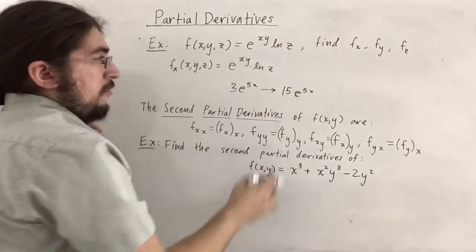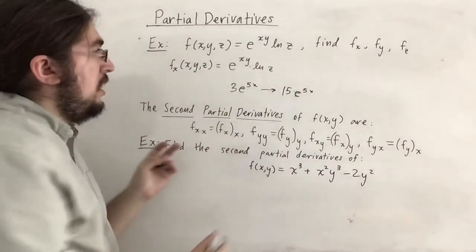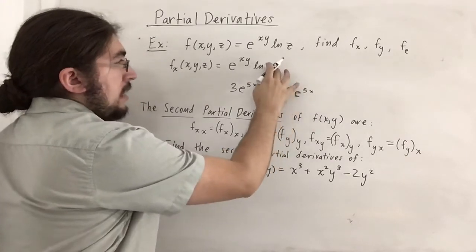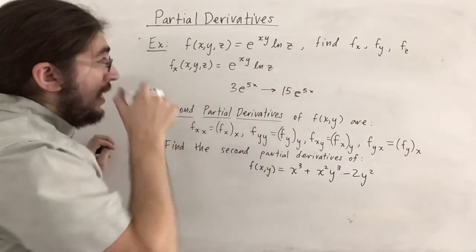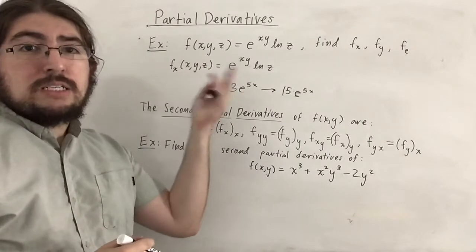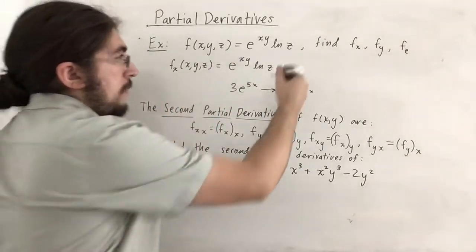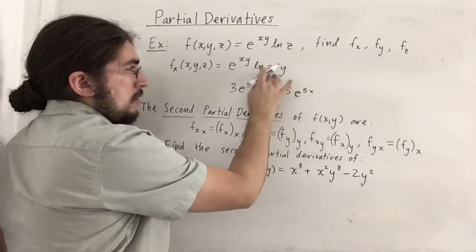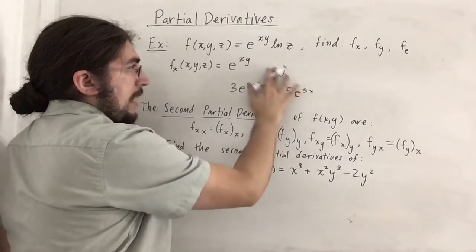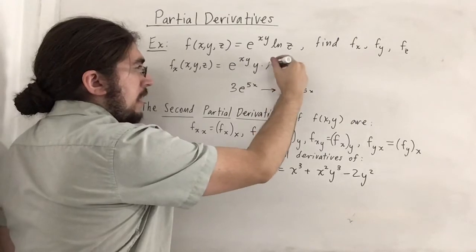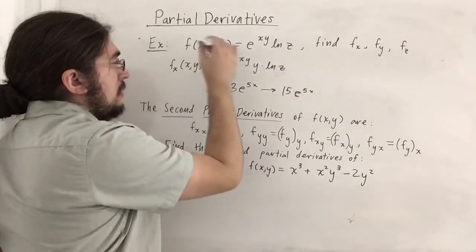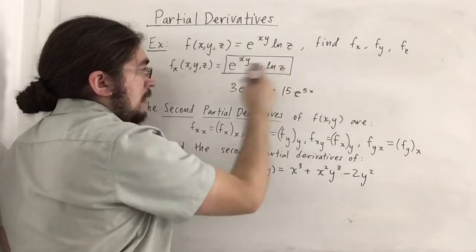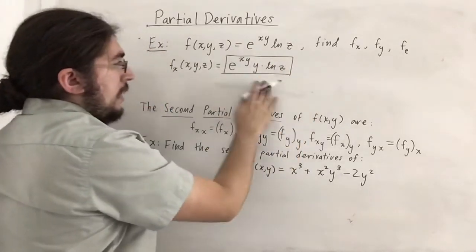So the constant comes out for free because it's a constant multiple of the function. And then by chain rule, we have to multiply by the derivative of the inside. Derivative of this power x times y with respect to x is just y itself because the x drops basically. So it's this times y. I don't want to write y here because it looks like it may be in front. So let me write it as y times ln of z if that's okay. That I think is an okay way of writing this. So this is f_x,